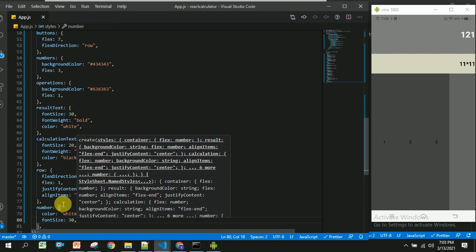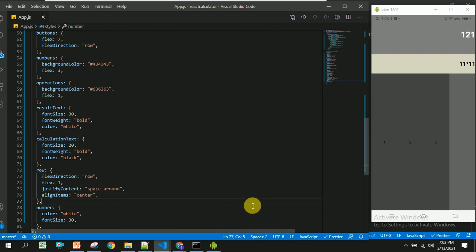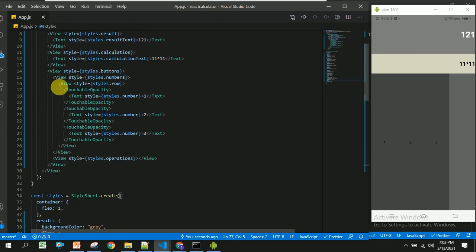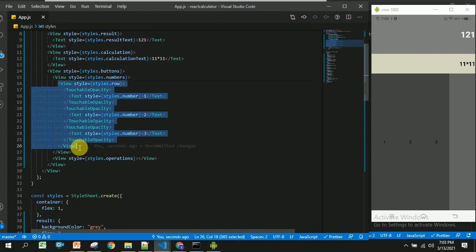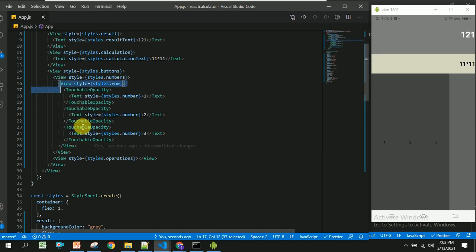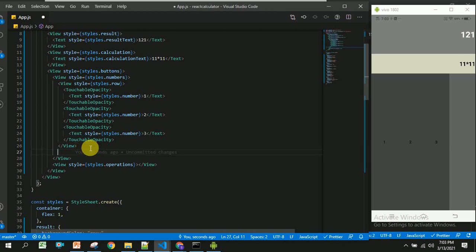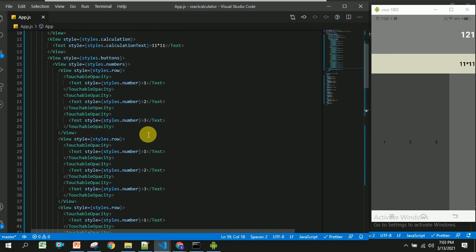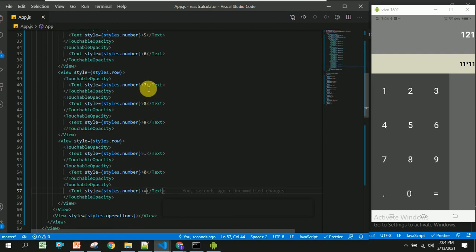You should be able to see the font size and color changed here once it gets refreshed. Now I am going to copy this and paste it 3 times, so that we will be getting all the numbers. You can see here I have replaced all these numbers, and the changes got reflected here.